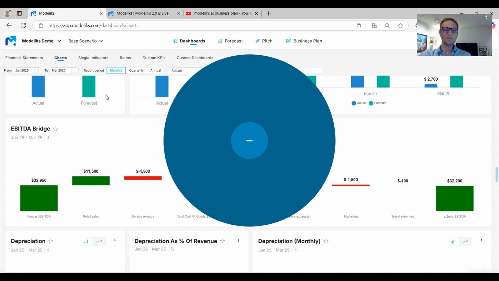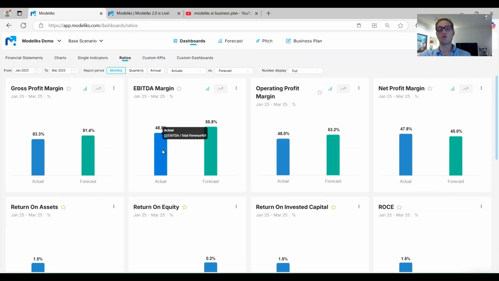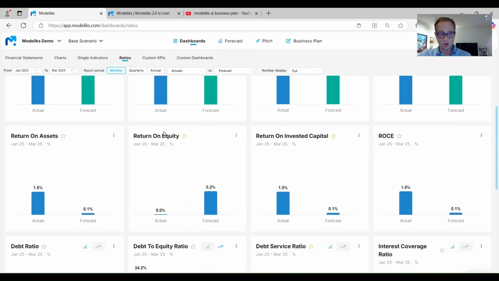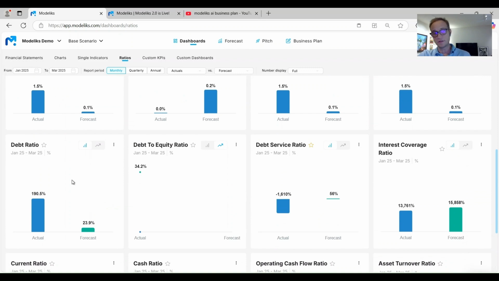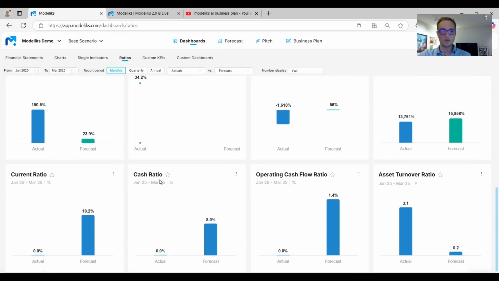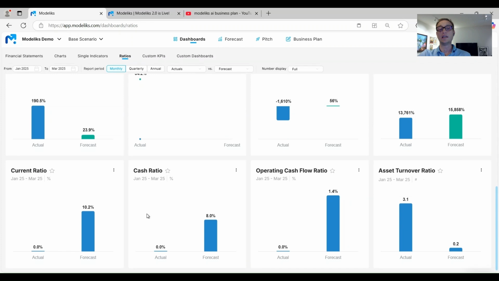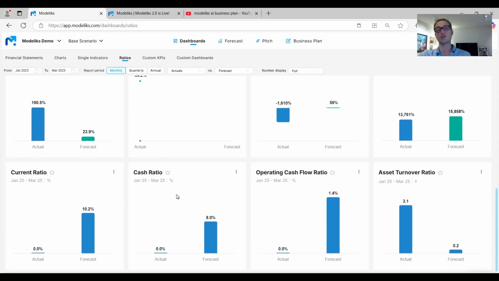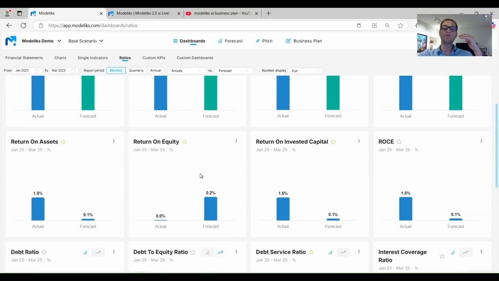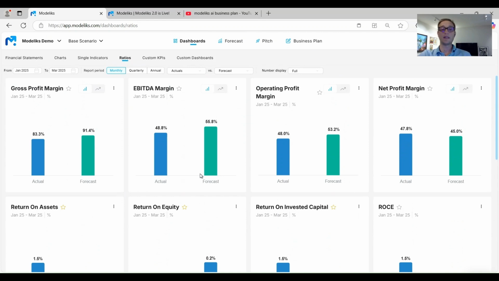required. The ratio section is a collection of the 16 most important ratios that any business should follow to understand their performance. Your profitability ratios, gross profit, EBITDA margins, operating profit margin, net profit margin, your return ratios, return on assets, return on equity, and so on, your leverage ratios, debt ratio, debt to equity ratio, debt service ratio, and your liquidity ratios like current ratio, cash ratio, and so on. So 16 of the most important ratios automatically calculated for you to be able to understand how you're performing on